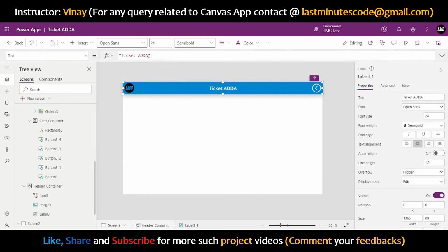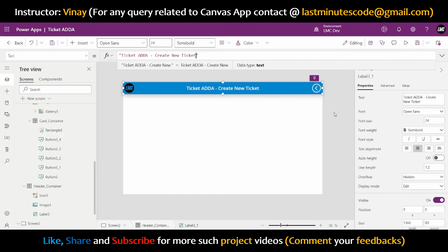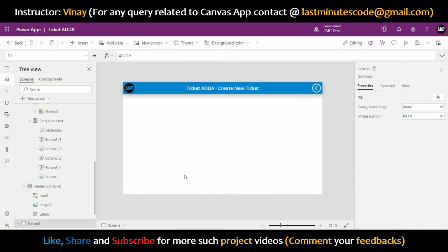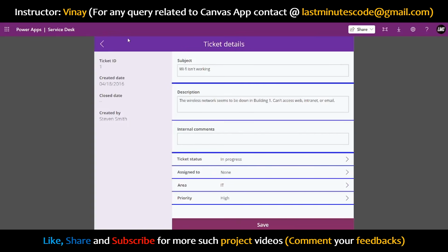I'll say ticket adda, and here I'll say dash, create new ticket. The heading should be like this. Okay, so this is done. You see the shadow up here, looking good. Now here, anyway, we can create a container, but since we only have one form, so see,